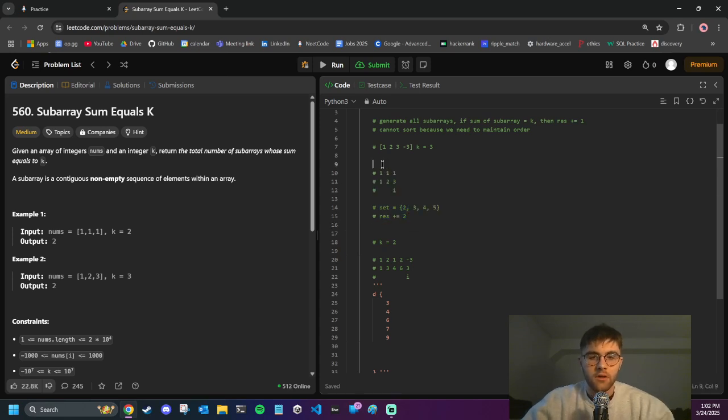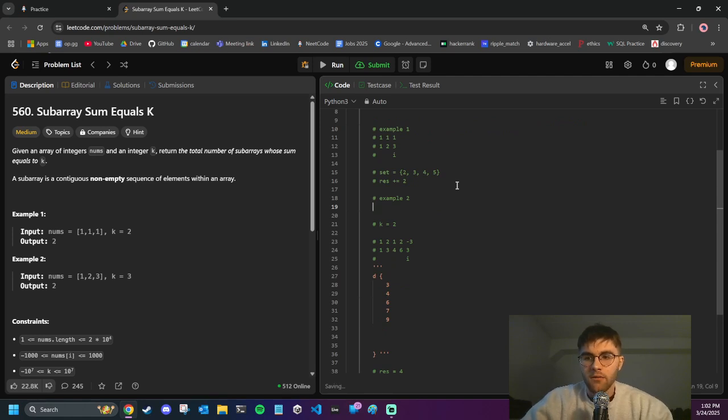So I'll say example 1 and example 2. So now we have 1, 2, 3 with k equals 3. So the prefix sum of that would be 1, 3, 5, right? Because this sums to 3 and this, well, this should be 6 actually, yeah. Okay, and then k equals, well, we don't need to know. All right, and then we'll have our pointers, and then we'll have our set. So our set gets initialized to just